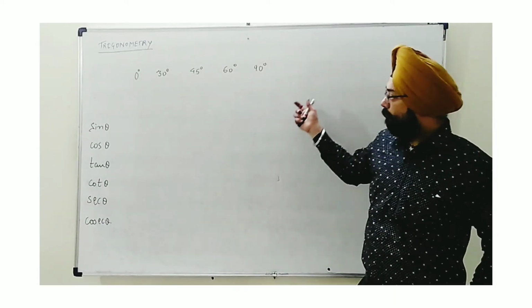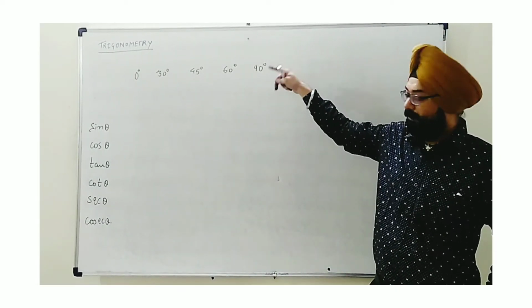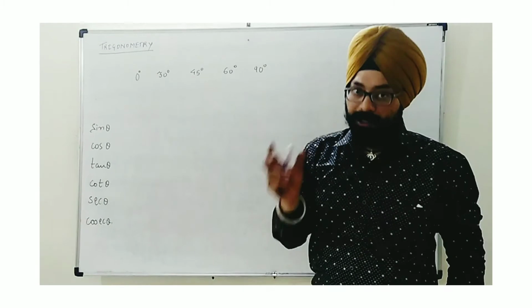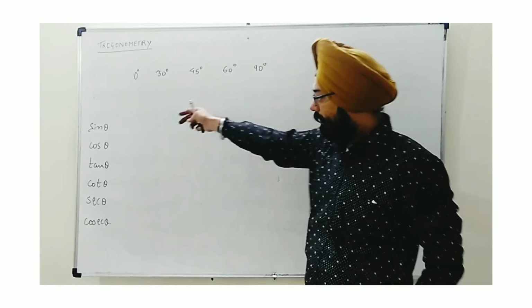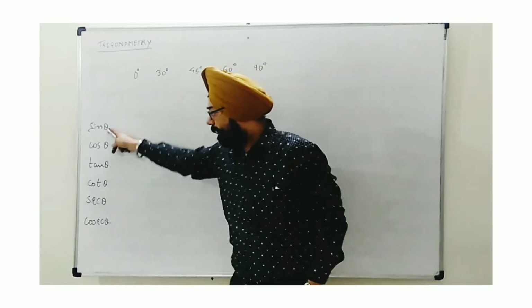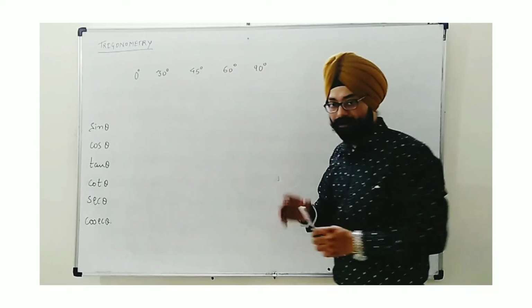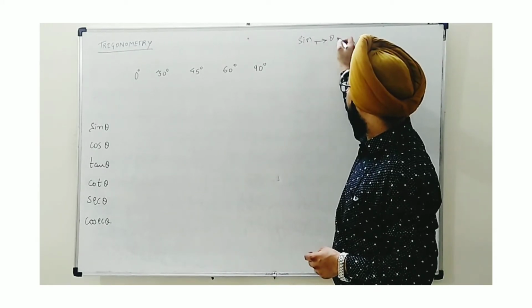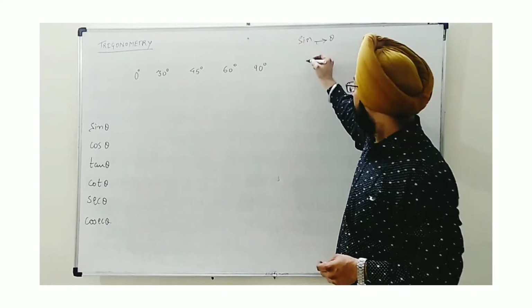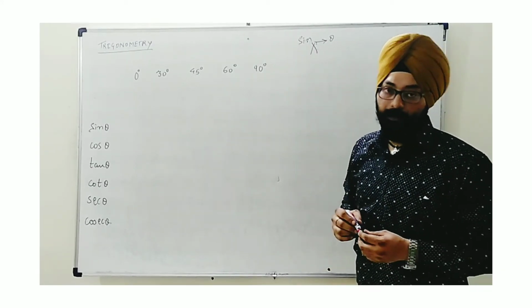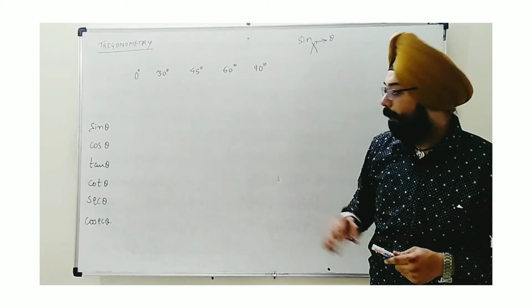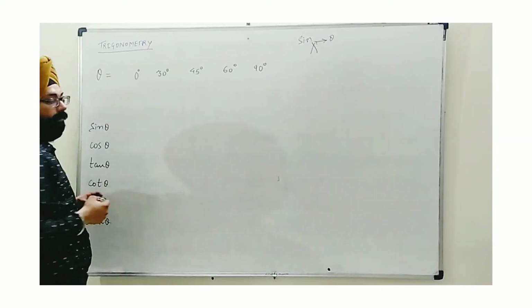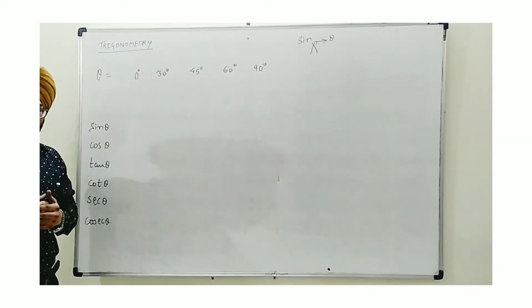Now I have taken specific angles. These were 0 degree, 30 degree, 45 degree, 60 degree and 90 degree. Total 5 in number. We had taken these 5 specific angles, and for them these are the values of theta. Don't get confused. I have seen one more thing, from experience. People generally separate the sine and theta, meaning the function and the value of angle. But this is always wrong. This is never possible. These are small things we have to be careful of. Here I have taken all these values of theta, and for them there are fixed values of these functions also. So we have to know.